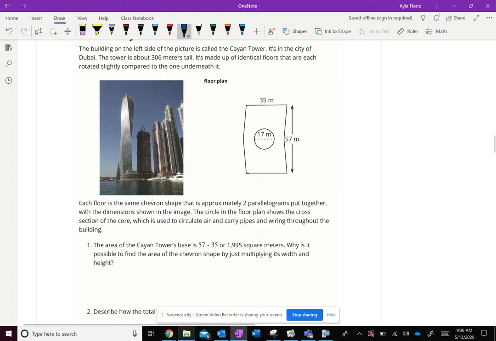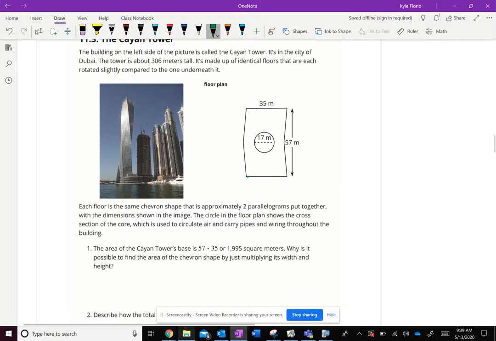meters. Why is it possible to find the area of the chevron shape by just multiplying the width and the height? Because this isn't an actual rectangle, how come I can just do base times height if it's a different shape? And the answer is, I guess, the symmetry of it. If I were to draw a straight line down from the top left vertex to the bottom right vertex, and took this triangle right here, cut it out, and put it right here, it would fit perfectly in here, and this shape right here would be a